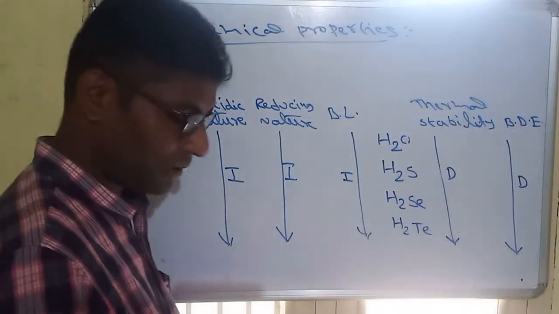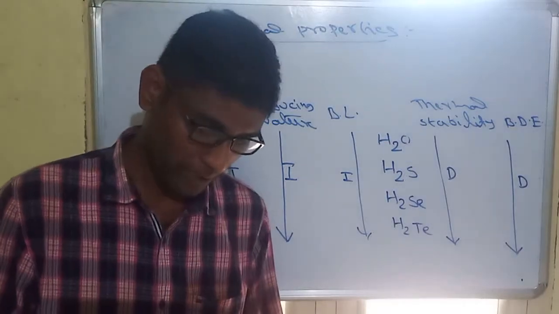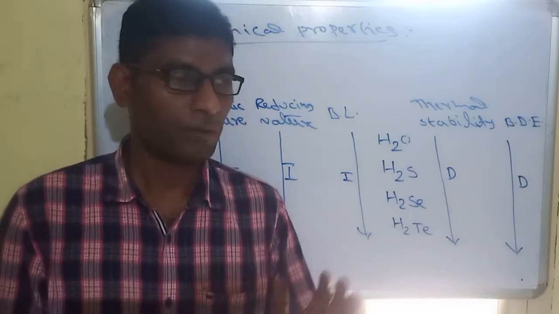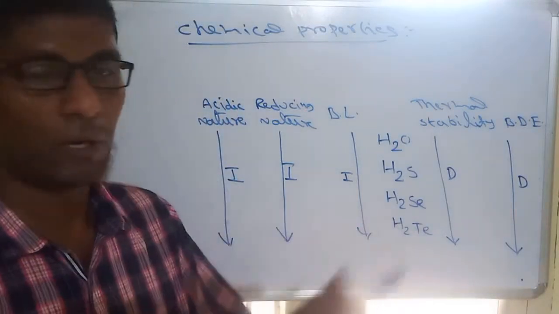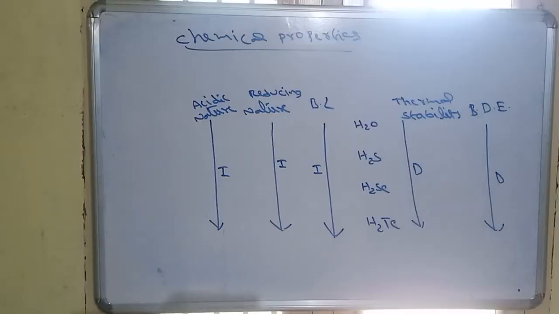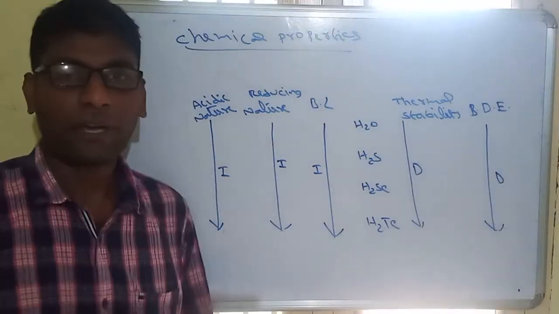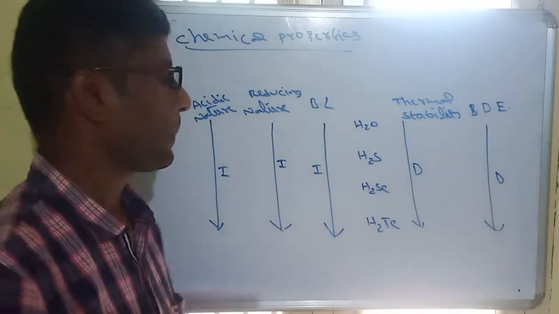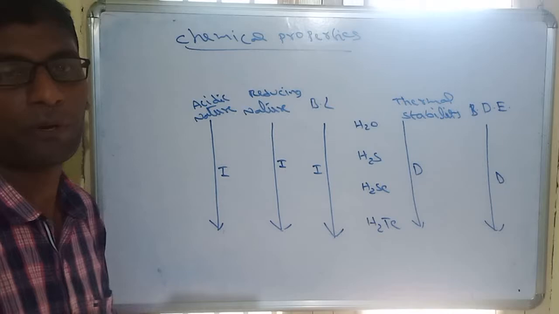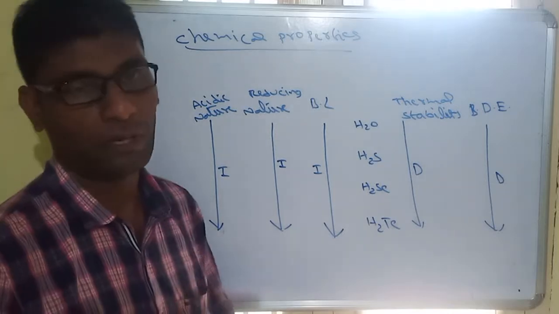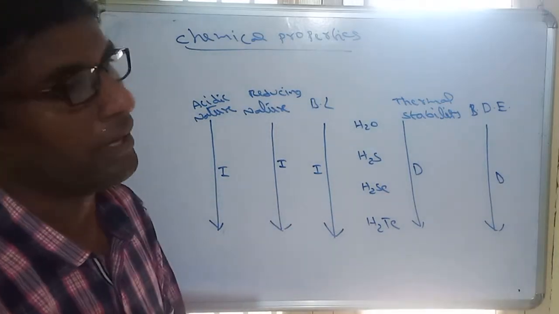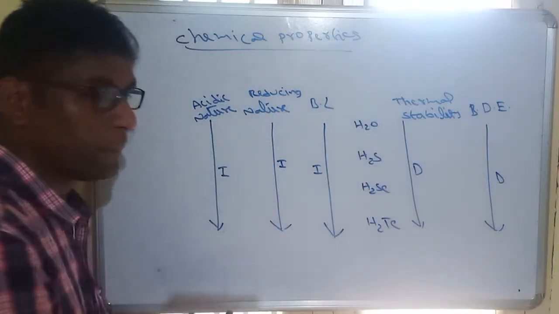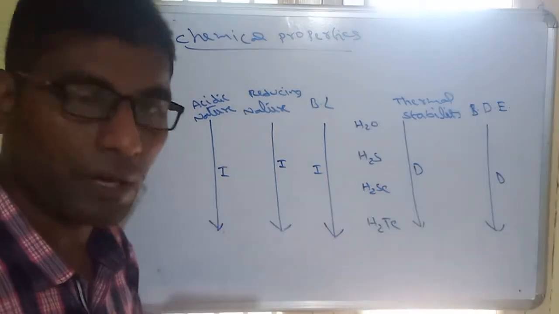So remember that we know acidic property and basic property. Acidic character is directly proportional to electronegativity, whereas basic character is directly proportional to electropositivity. And this is applicable to all molecules. Hence, acidic character increases left to right, and basic character increases top to bottom. That is for all molecules.